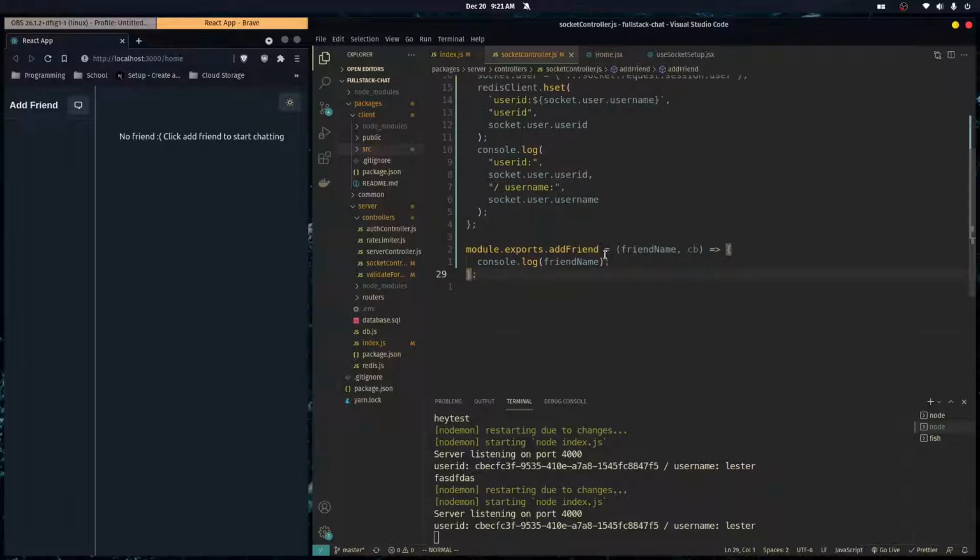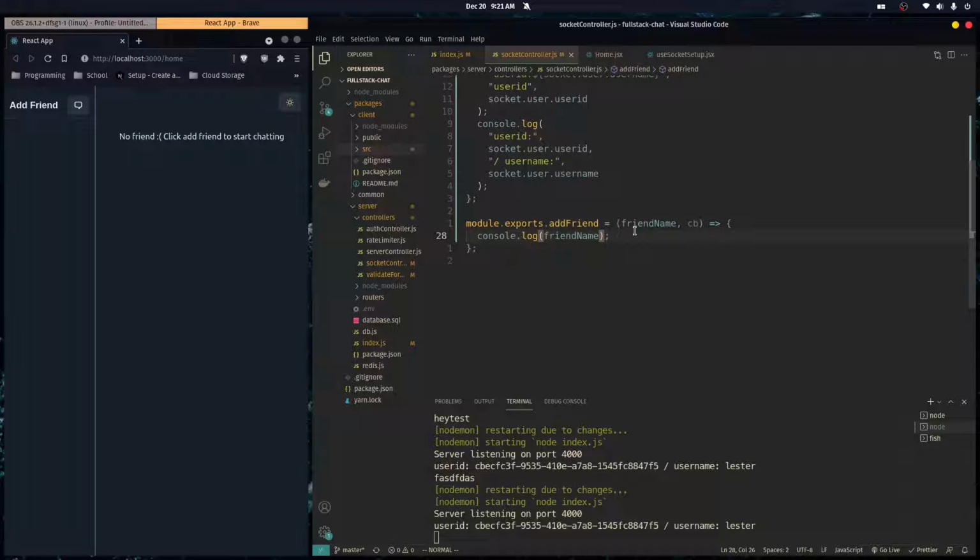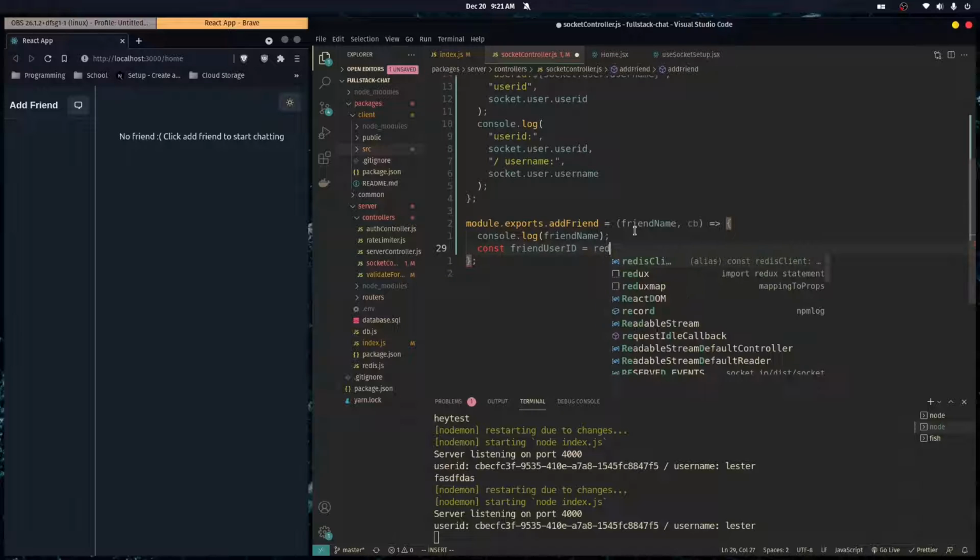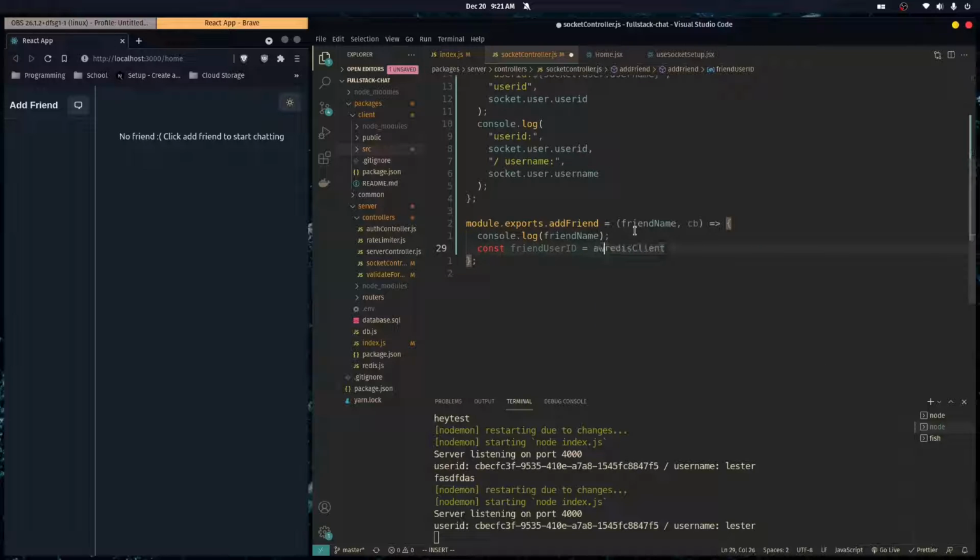So we got the friend username of who they're trying to add. First thing we want to do is get the user's ID. So const friendUserID is equal to Redis client, and this is going to be await, and this function up here has to be asynchronous. So Redis client dot hget, since we're going to get a field from a hash map, and we're going to use backticks here,